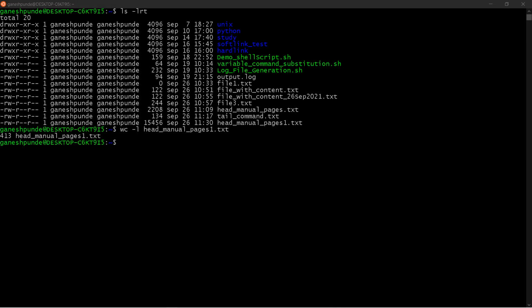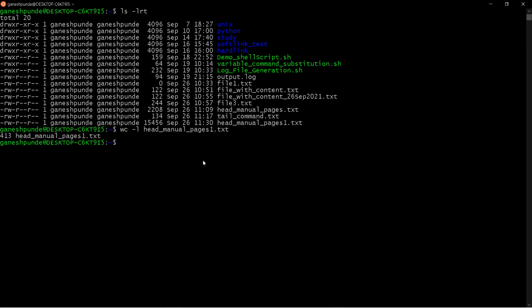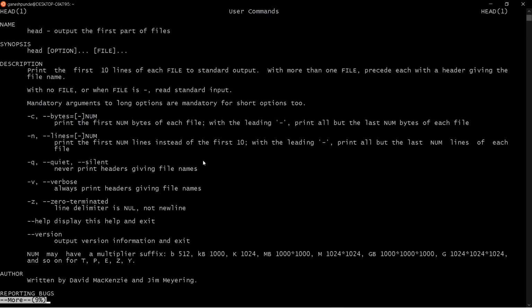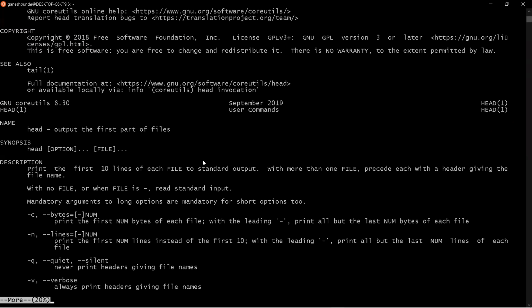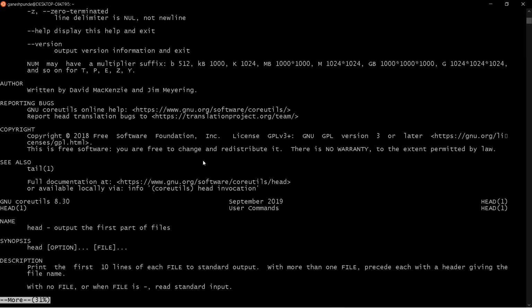Now the idea was to show the more command with a file. So I am saying more 1.txt, right? You can see, if I press space, it is going forward, but I can't go backward because in more there is no backward option. And if I want to come out of the viewing mode, I simply press Q and it came out of the viewing mode.